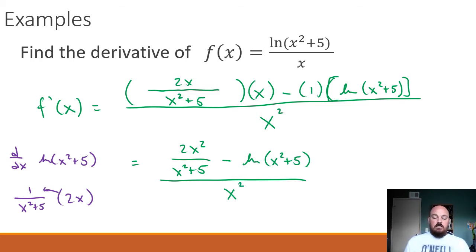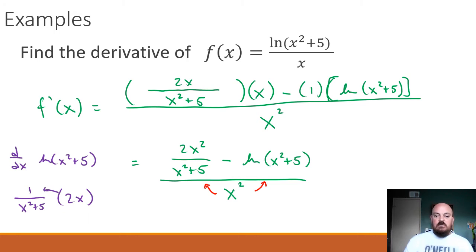That's a little bit cleaner, but I don't really like the fraction inside of a fraction thing. So there's a couple ways to do it. You could multiply everything by x squared plus 5 and cancel out the little fraction in the first one. You could split it up and kind of put the x squared on each one. I would probably do that. Like if you basically just take that x squared, split it up and apply it to each of those separately,